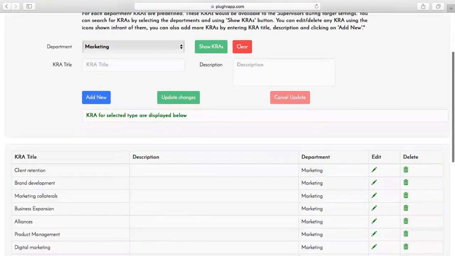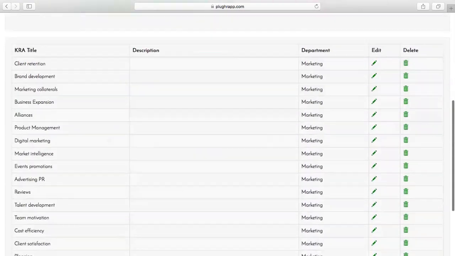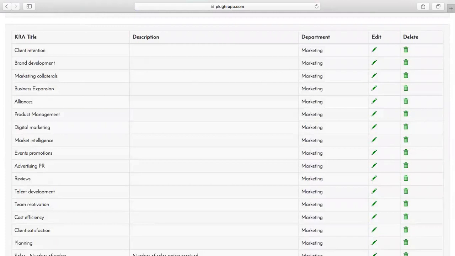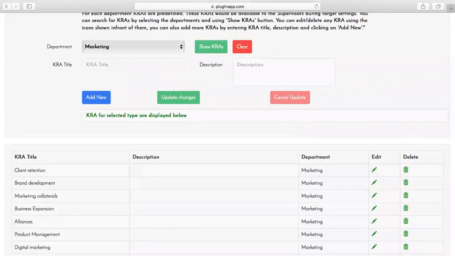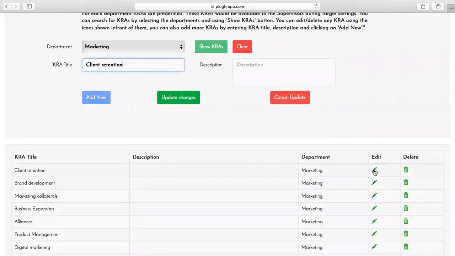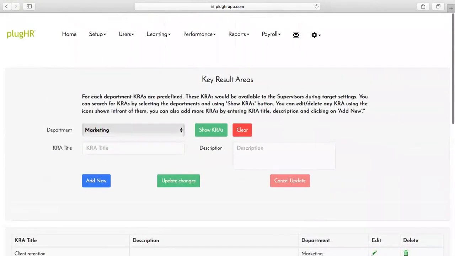So you can run with this list, or if you want, you can always delete them and add your own, or you can rename these, or you can edit these. You just have to click here to edit. It loads up back here. You can rename it, and then you can update changes. That's so simple. But make sure you give attention to setting KRAs.